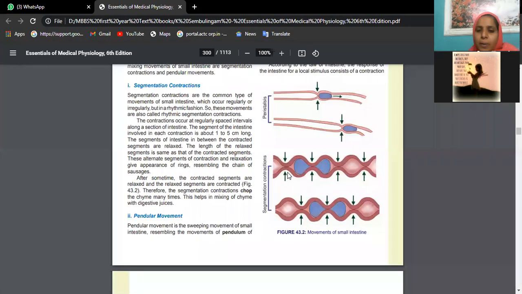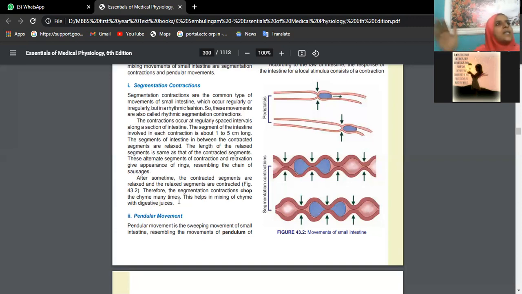First thing is this. So this is the peristaltic wave which is moving forwards in the GIT. Suppose the food bolus is here in this loop of the small intestine, the wave of contraction is coming, and it is just before the bolus of the food. Because of this contraction wave, you will see the bolus will be moved forwards, and the segment of intestine which was relaxing initially, now it has contracted, so that the food which was here has now moved forwards. Okay, so this is what is segmentation contraction.